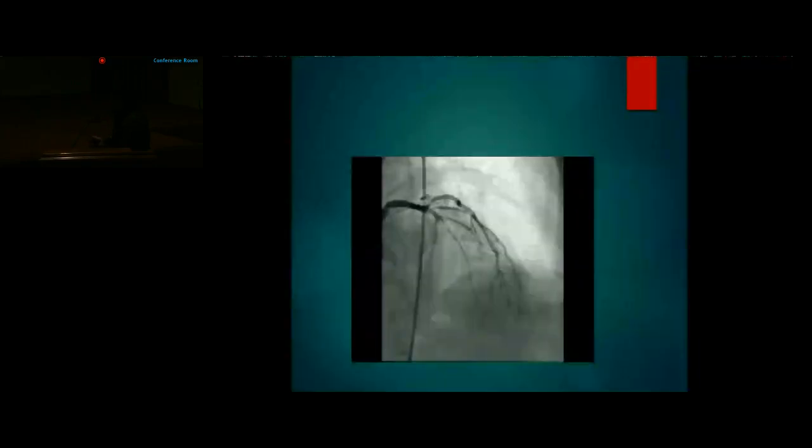This is the epicranial view, which is showing a critical stenosis in the left anterior descending artery in the mid part with TIMI 2 flow. This is showing the critical 95% stenosis in the mid LAD. This is the right coronary artery, which is normal with a minor plaque in the mid segment. So the patient was diagnosed as a case of single vessel disease with LAD disease in the mid part